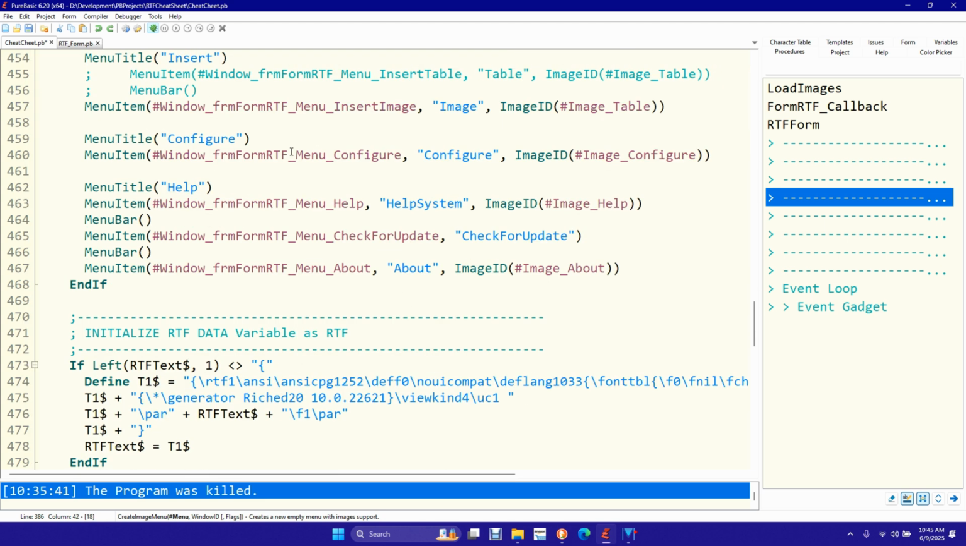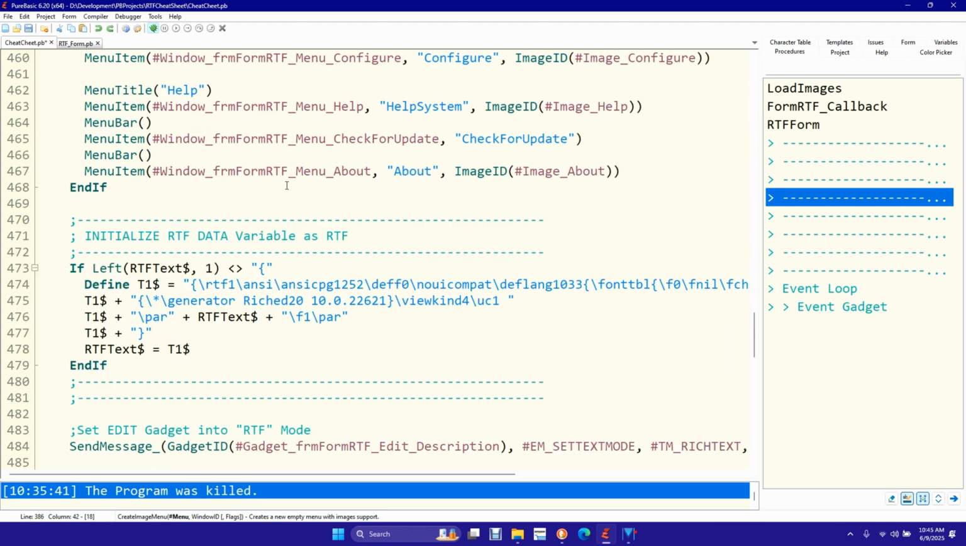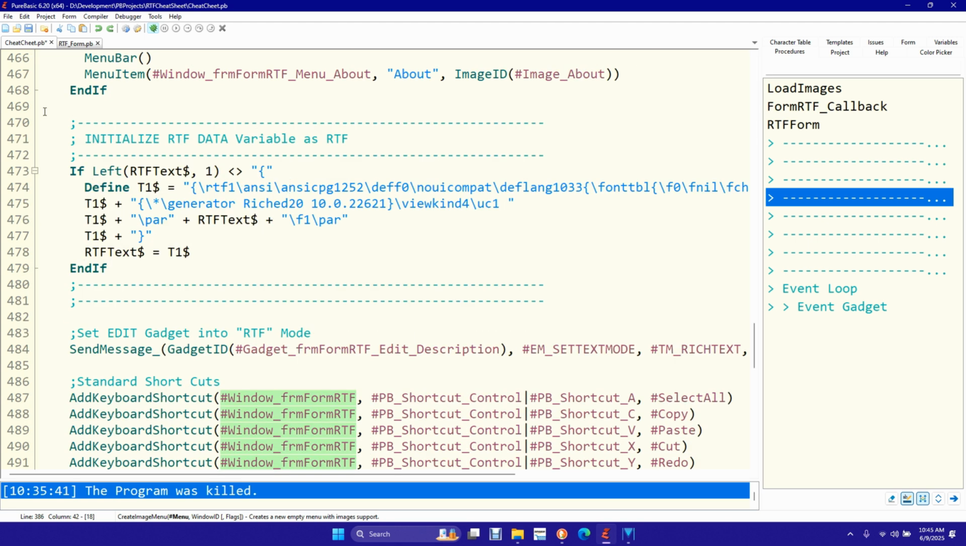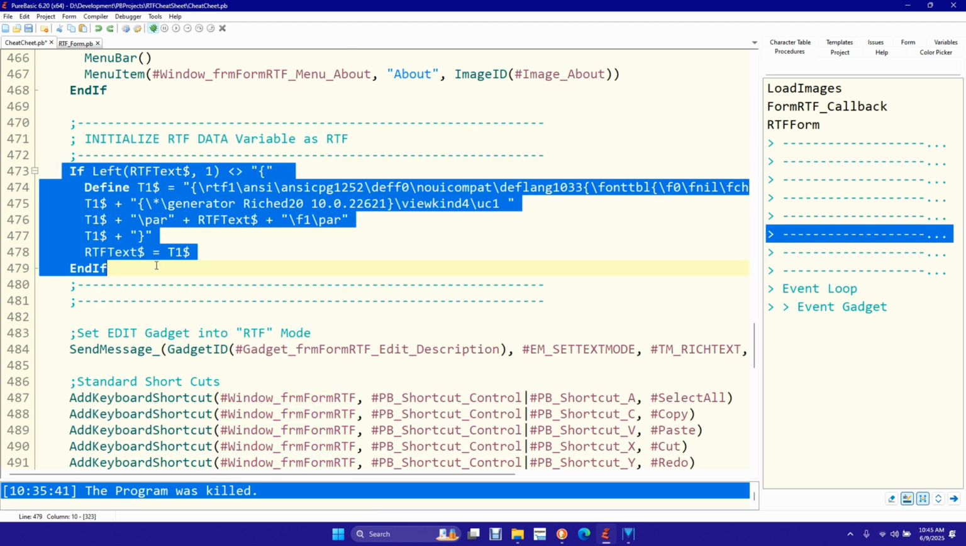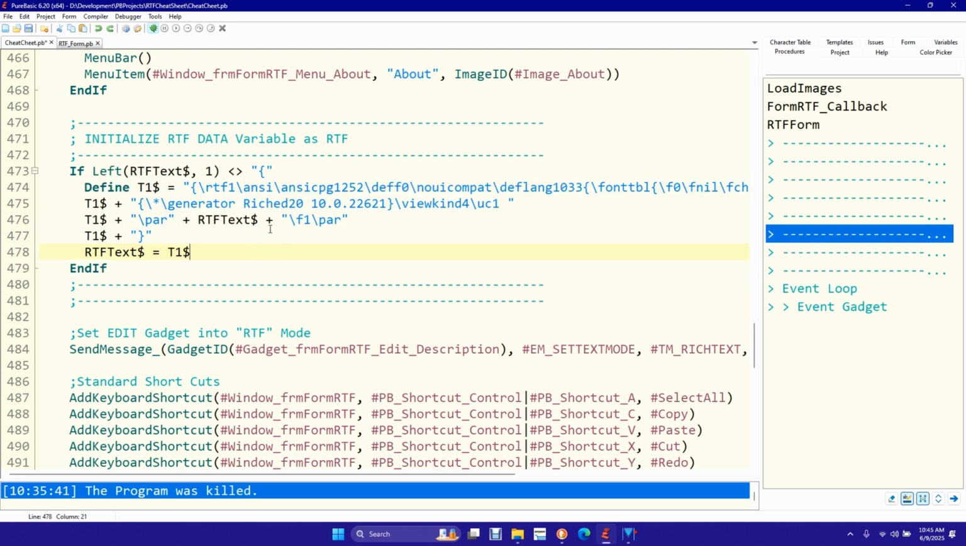Once we get done with the menu, this little block of code you may choose to use or not. If you already have existing data in your database that you're using this with on the gadget, then you've got to convert that existing code to RTF. The way you do that is load this variable with your existing standard text, and then this pieces the RTF encoding around it